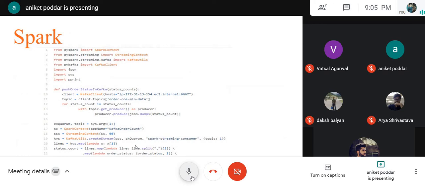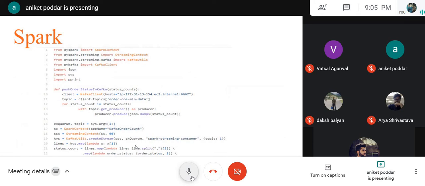And then after that, we have defined the variable status count, which will be mapping the data. The data will be coming in the form of strings separated by commas.